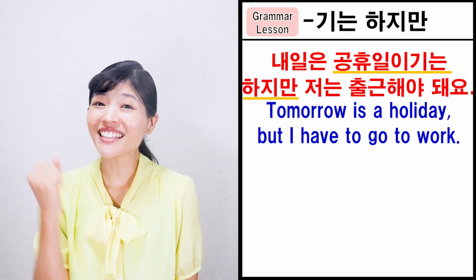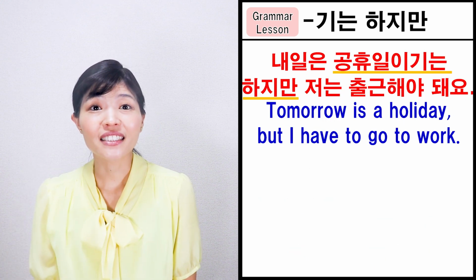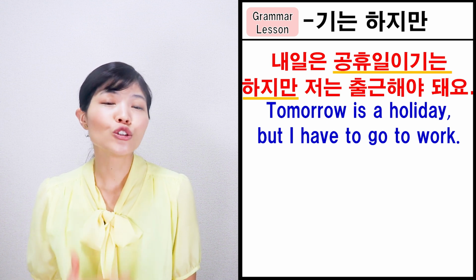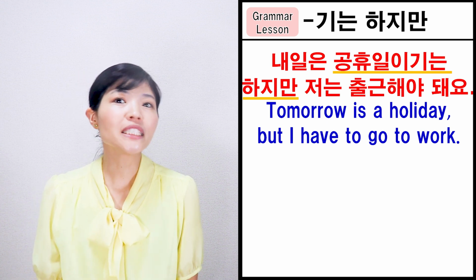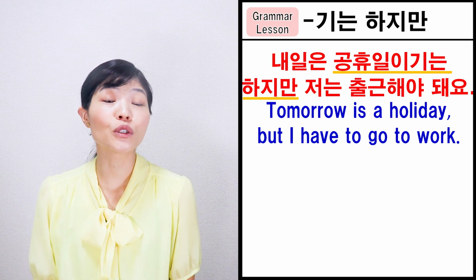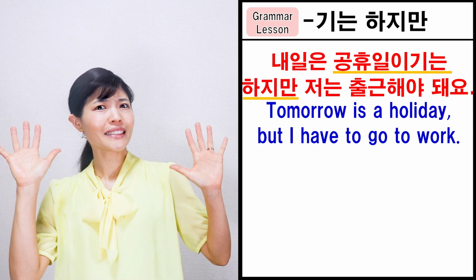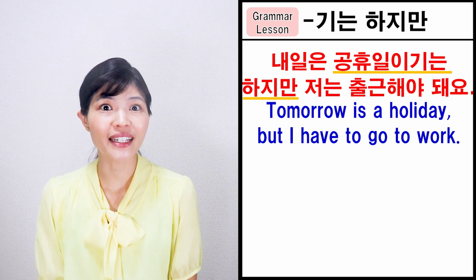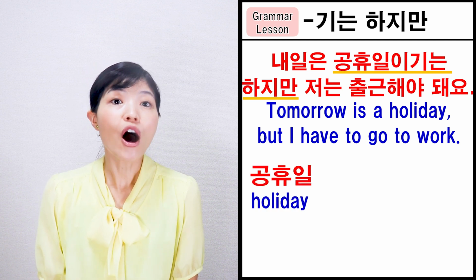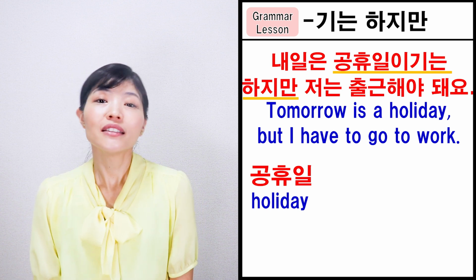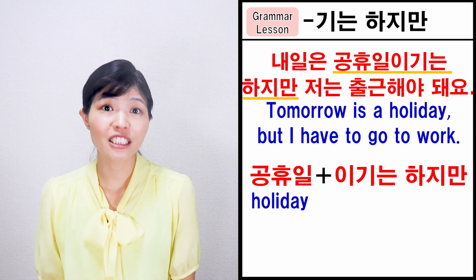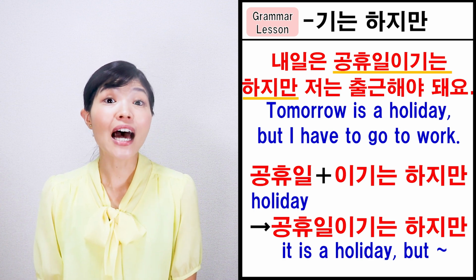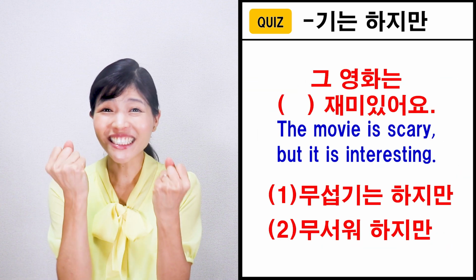Let's read the next sentence. 내일은 공휴일이기는 하지만 저는 출근해야 돼요. Tomorrow is a holiday, but I have to go to work. Oh no, this is sad, right? I hope you can take a rest on holiday. Here, 공휴일, holiday, is a noun. So you add 이기는 하지만 to make 공휴일이기는 하지만, it is a holiday, but